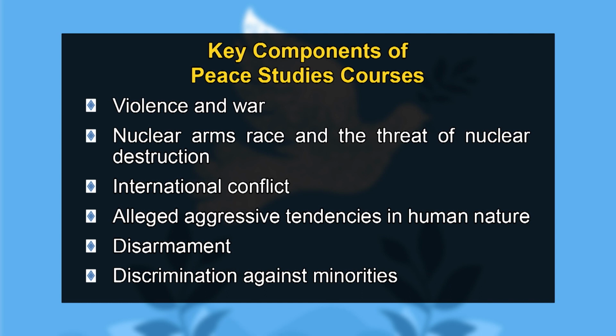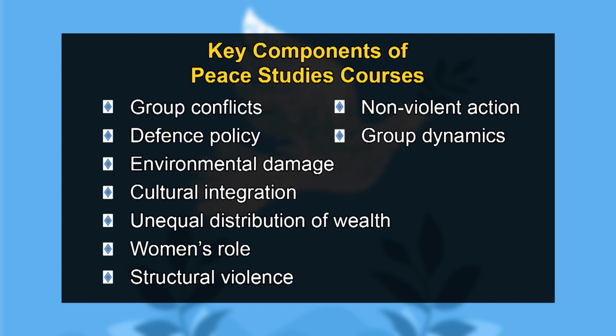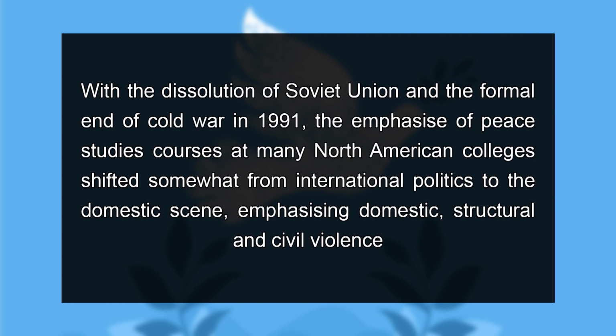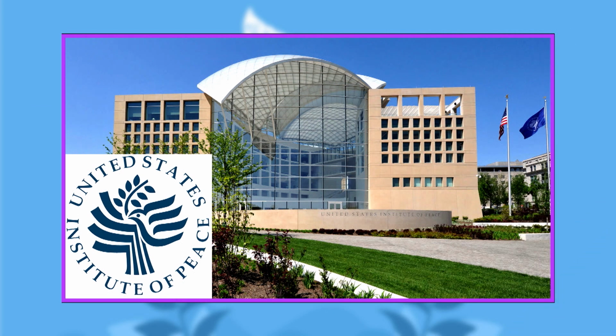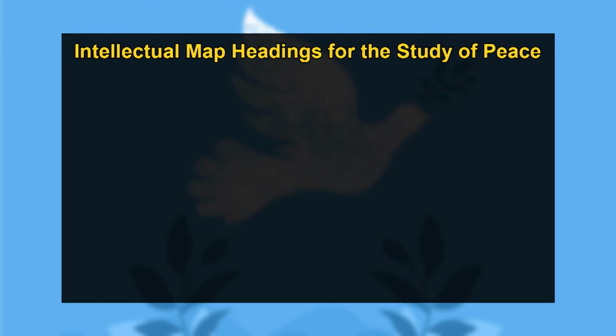International conflict, alleged aggressive tendencies in human nature, disarmament, discrimination against minorities, group conflicts, non-violent action, defense policy, group dynamics, environmental damage, cultural integration, unequal distribution of wealth, women's role, and structural violence. With the dissolution of the Soviet Union and the formal end of the Cold War in 1991, the emphasis of peace studies courses at many North American colleges shifted somewhat from international politics to the domestic scene, emphasizing domestic, structural, and civil violence. In 1991, the United States Institute of Peace published Approaches to Peace, an intellectual map, which included the headings for the study of peace as traditional approaches,